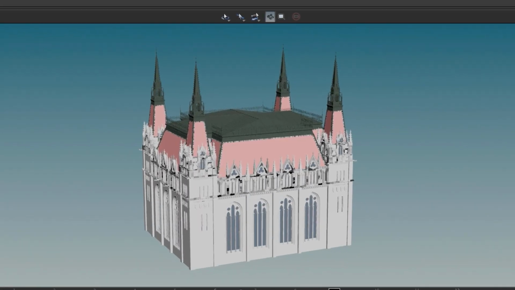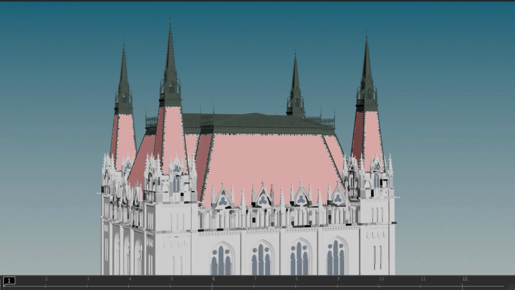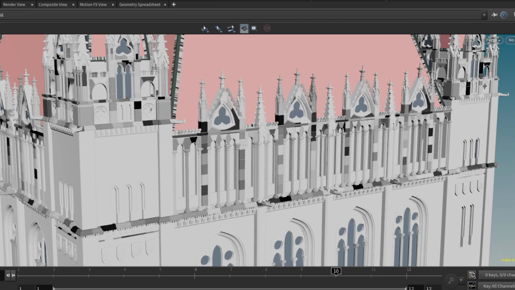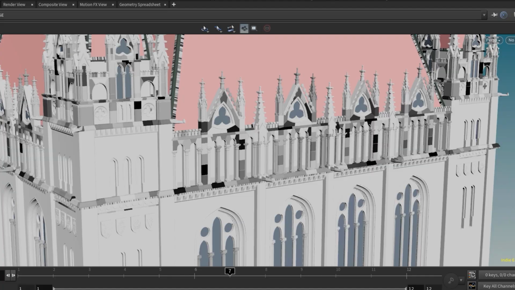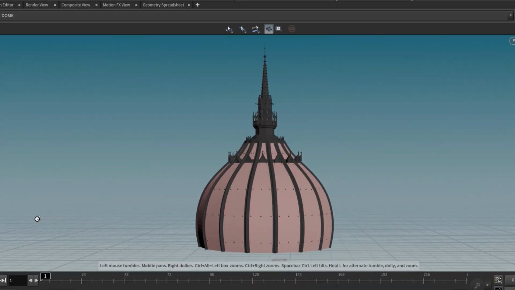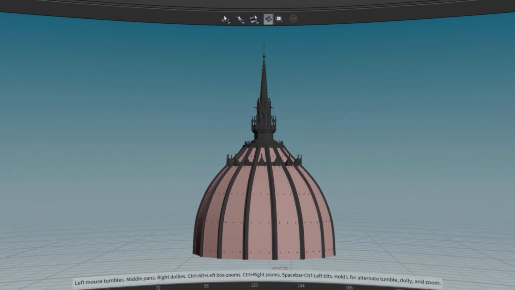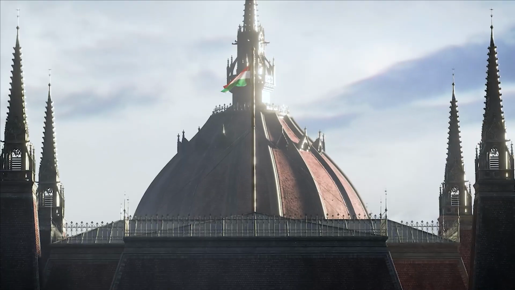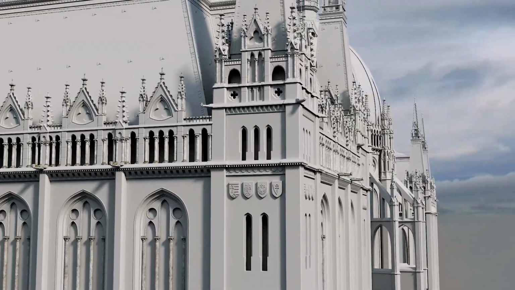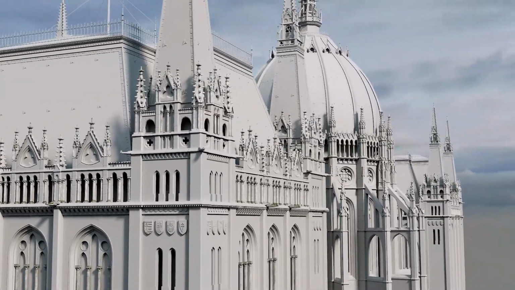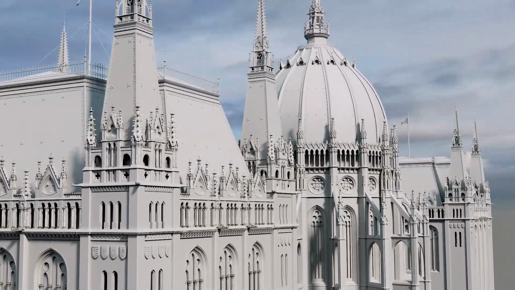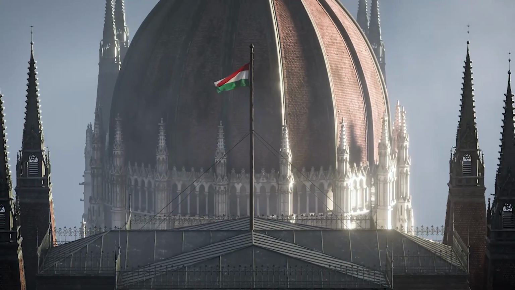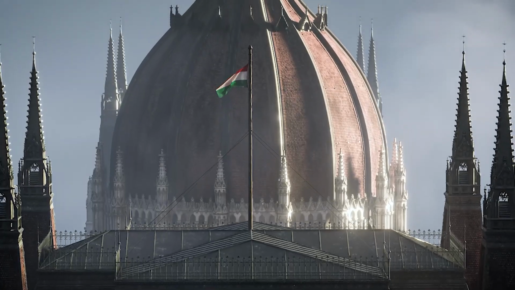Before ending this video, if there's one thing to remember here, it is to get as many reference photos as possible to study and break down the patterns you see. Work in a way so you are able to easily and quickly apply a pattern to an entire section or a smaller portion of the building. It may sound like a lot of effort developing those graphs, tools, or workflows, but believe me, down the line, it will really help you step up your game and iterate on creative decisions in no time.